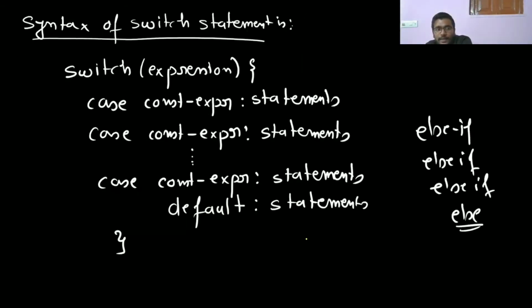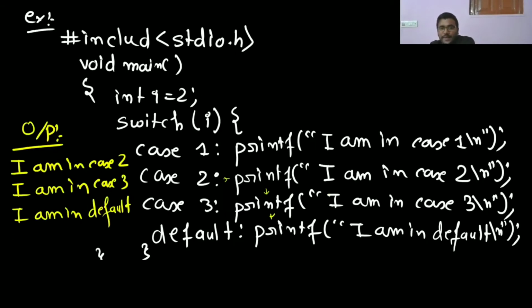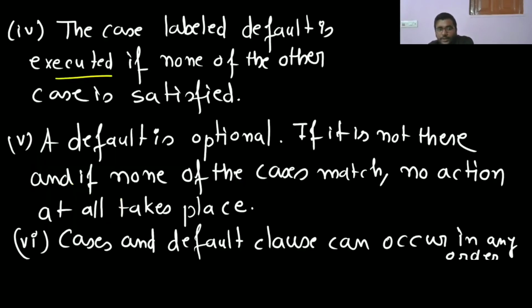देखिए यहाँ पे लिखा गया है, इफ केस मैचेस द एक्सप्रेशन वैल्यू, अगर केस मैच कर दिया एक्सप्रेशन वैल्यू, एग्जीक्यूशन स्टार्ट्स एट दैट केस। एग्जीक्यूशन क्या होता है, स्टार्ट हो जाता है उस केस से। तो केस टू से एग्जीक्यूशन स्टार्ट हो गया, सारा प्रिंट कर दिया। इसीलिए देखिए मैं सब लिखा देता हूँ।